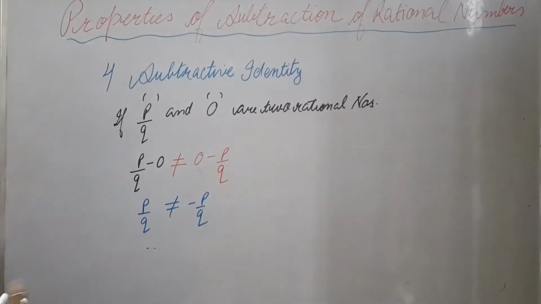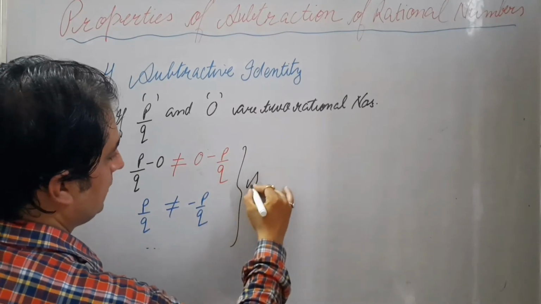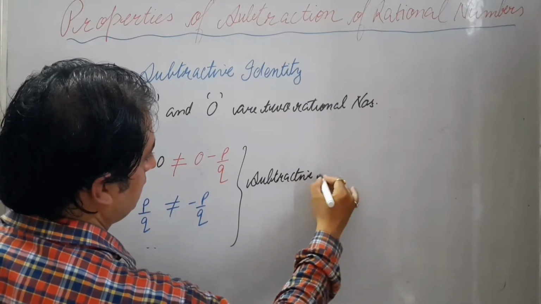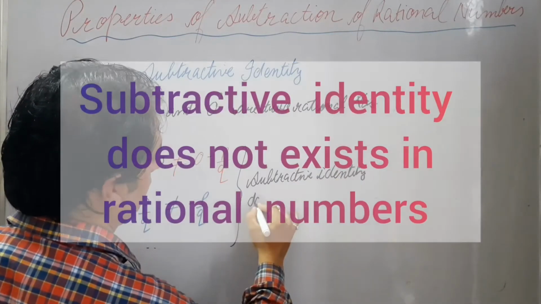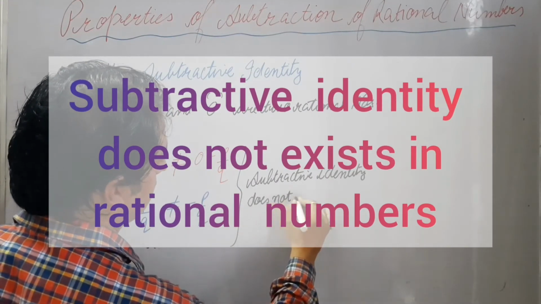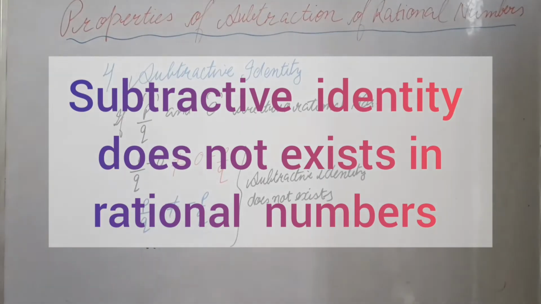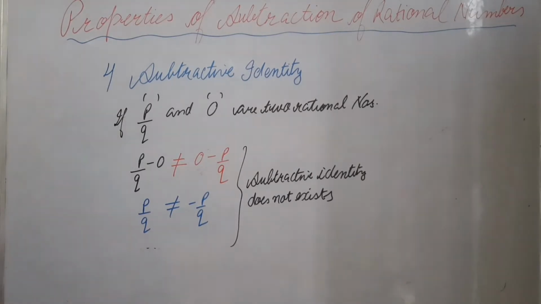So you can say the subtractive identity does not exist. इस केस में सब्ट्रैक्शन के केस में जो subtractive identity है that does not exist. That does not exist. So you can say only the closure property